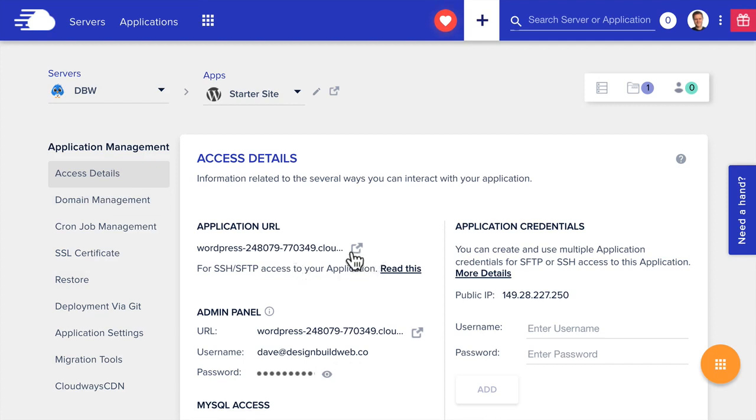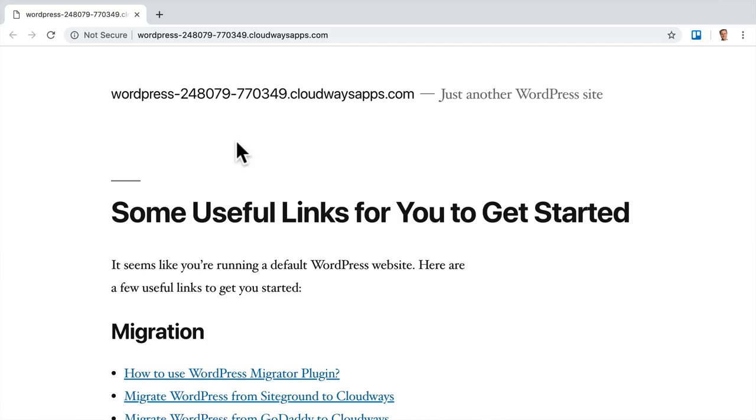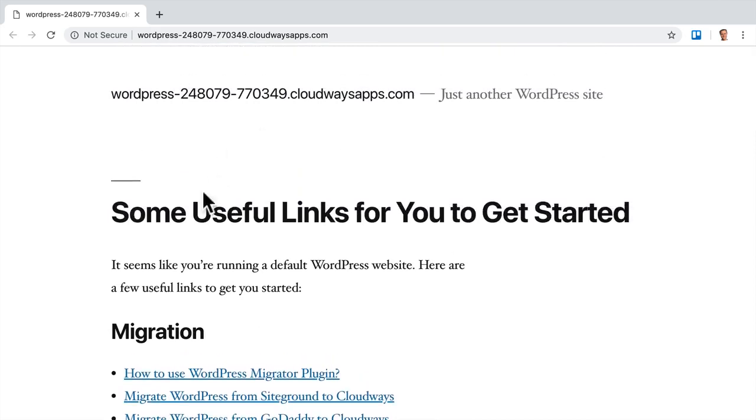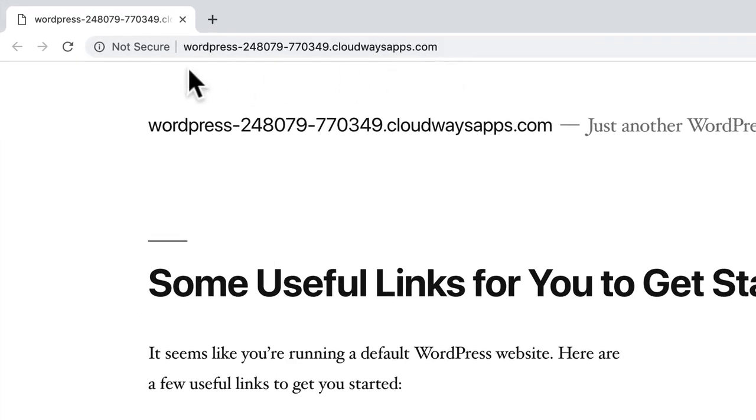Click the little external link icon here to view this WordPress site in a new tab. Doesn't look very pretty at the moment, but that's okay. We'll be developing it further throughout this course. Now notice all Cloudways sites, you get a fancy randomly generated URL like this one. You can use this site at this URL for as long as you like. So clients and co-workers can all access it really easily without having to set up a separate subdomain